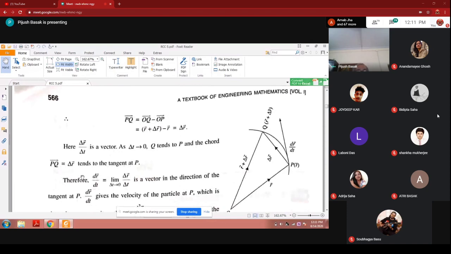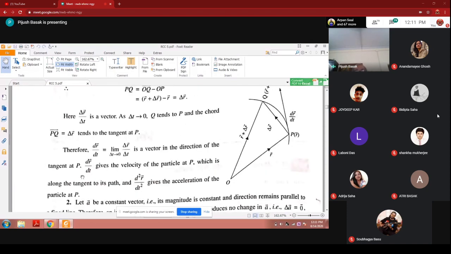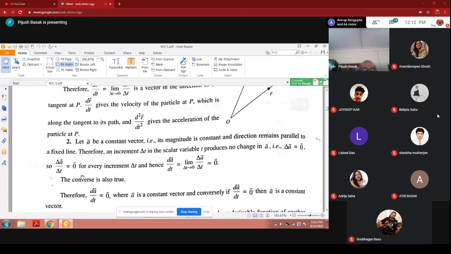It should be clear. In a problem, you will be asked to find the velocity and the acceleration. You have a vector, you just find dr/dt and you will get the velocity. Again, you differentiate and you will get the acceleration. It is this simple, but you have to know how it comes about. That's why I explained. Does anybody want to ask me anything? Then I'll assume you are all convinced about this basic concept of vector calculus.